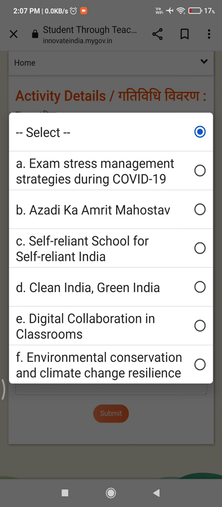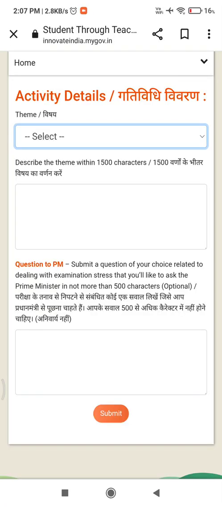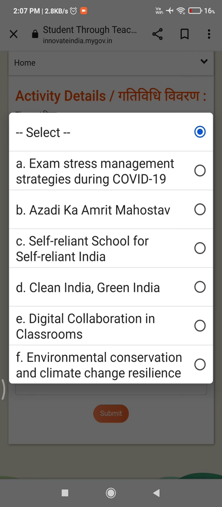The fourth topic, that is Clean India and Green India. This was a new theme of the new government in the calendar 2015. Here, a Prime Minister's pet initiative is being focused, and that was the Swachh Bharat mission. The Prime Minister himself features on the first page of the calendar for the month of January, wielding a broom to clean a roadside. The next topic is digital collaboration in classrooms. This topic talks about digital collaboration, the gaps that bridge between the technology and instruction using various resources of academic success and instructional technologies.